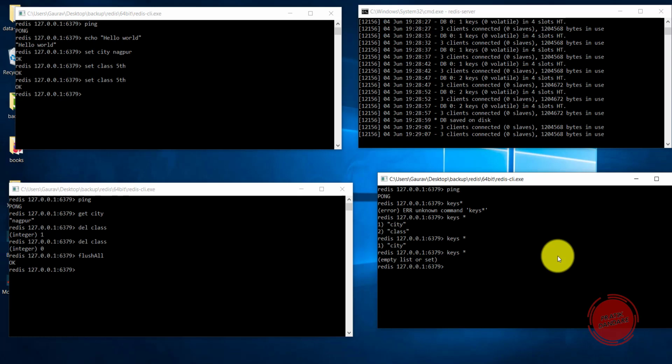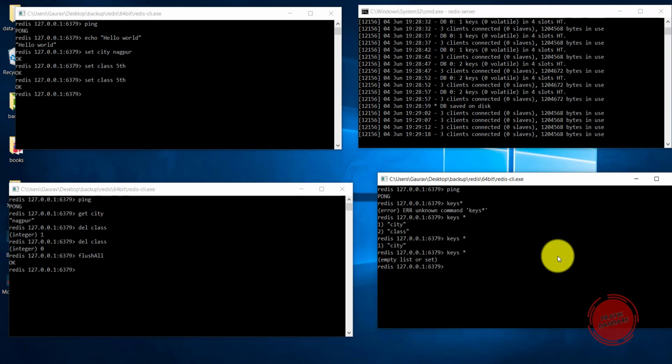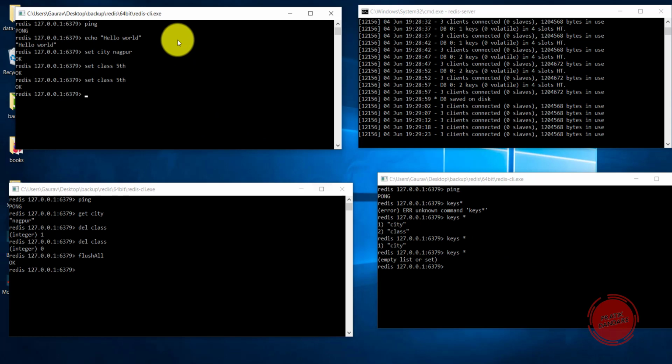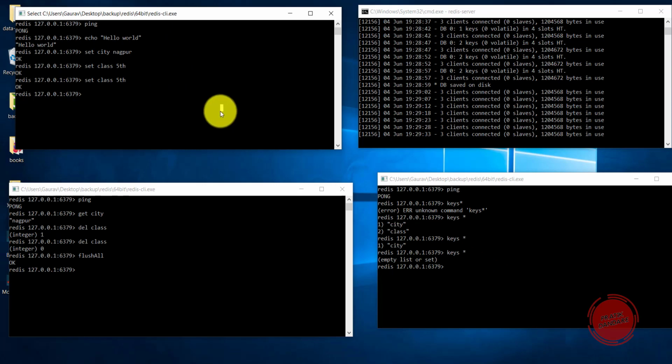What I am trying to do now is create a publisher and subscriber pattern here. So I am subscribing from this CLI, and let's consider this is the subscriber and this is the publisher. I am subscribing on a specific kind of key.